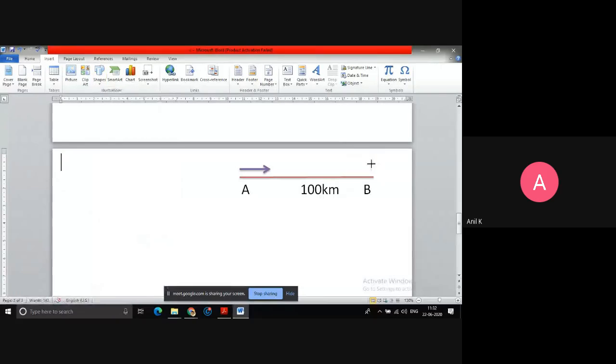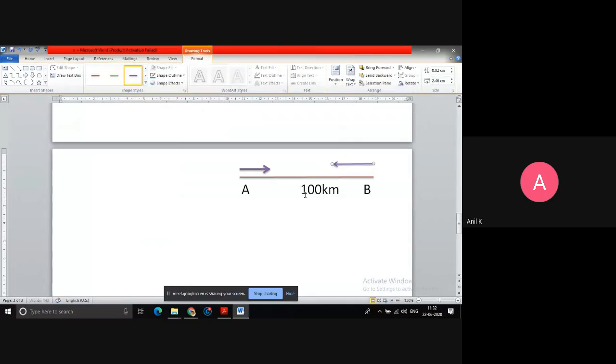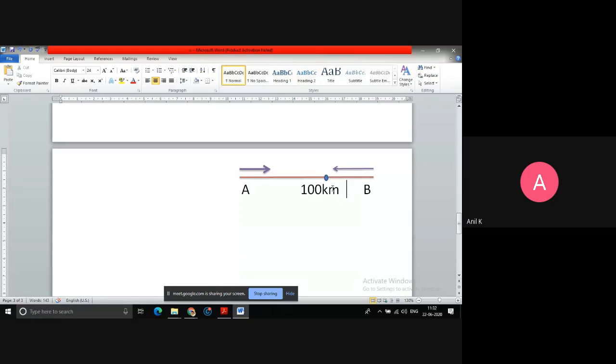Okay, sorry. Everyone agree? If they are moving in this direction, do they meet? Yes, sir. If they move in this direction, they definitely have to meet. So let me take their meeting point here, where I put the dot. Now A is moving from here. Let me put C here. At point C, both the cars are meeting.